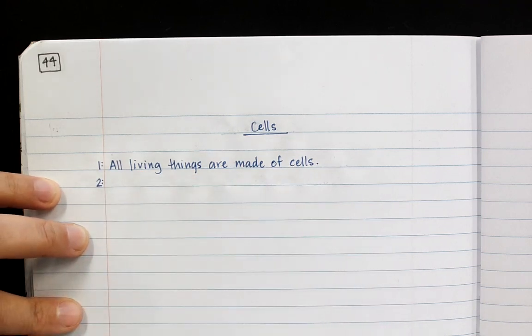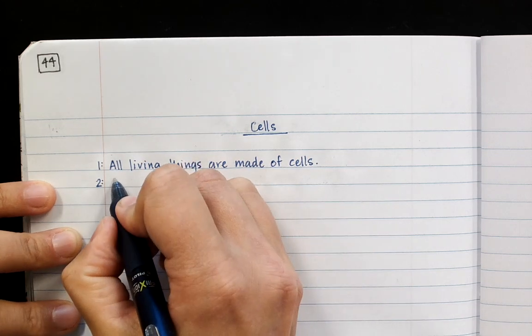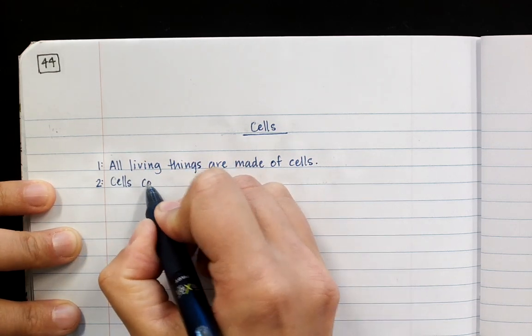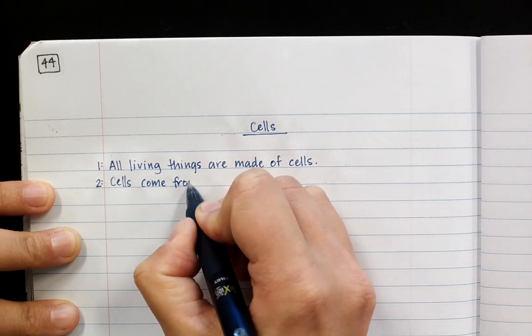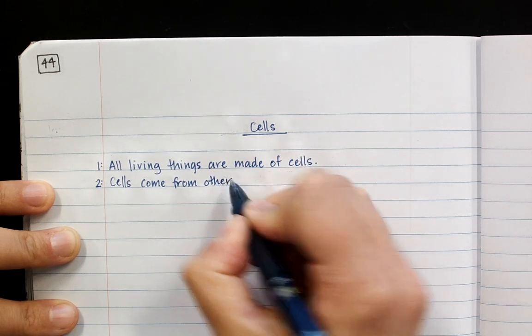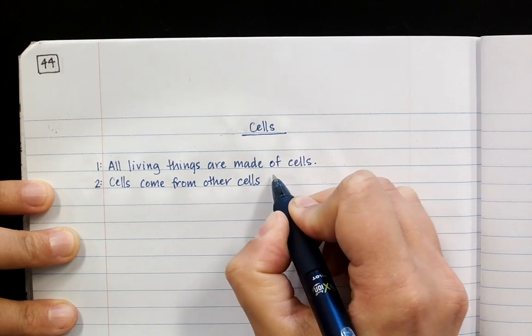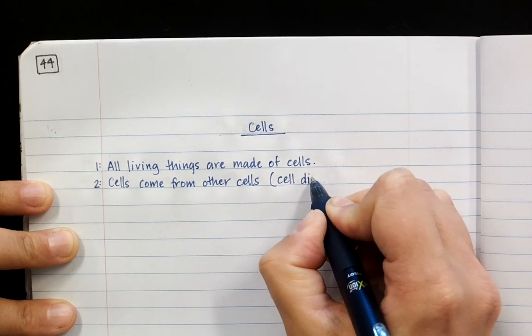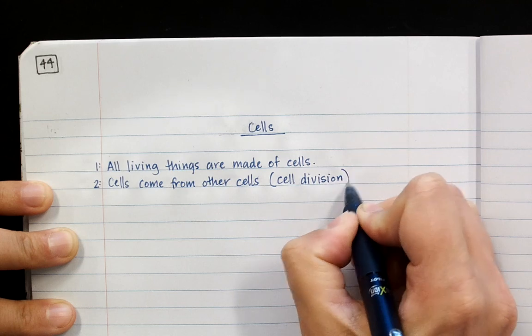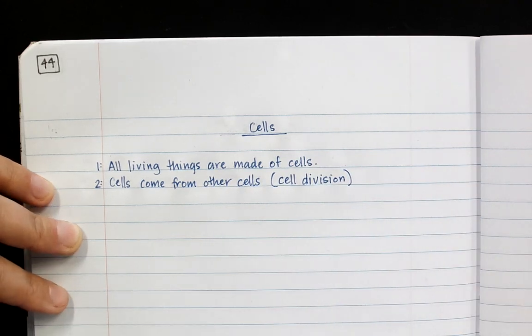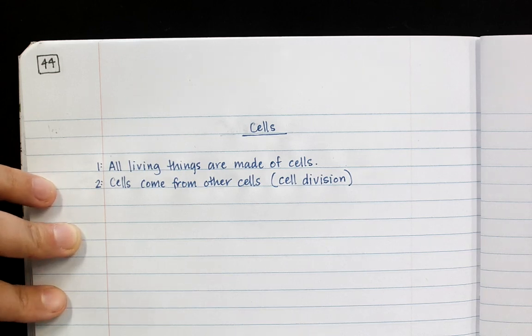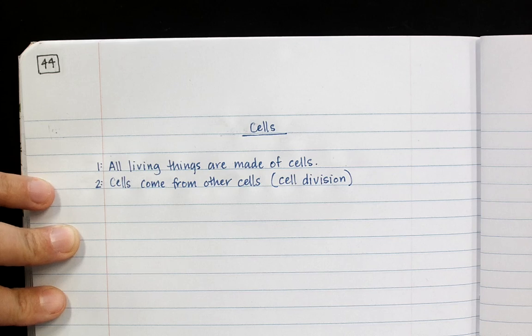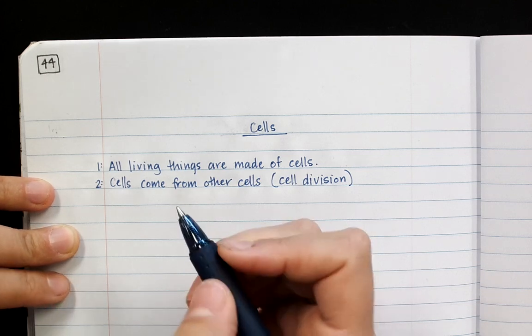Rule 2 says that cells come from other cells. And we'll be learning more about this process later. This is the process of cell division. And it basically just says that cells can't come from nothing. Cells have to come from other cells. And that way they have all of the structures of cells, and they can copy their DNA, and they can make sure that the cell is fully functioning as a living thing. All right, finally,